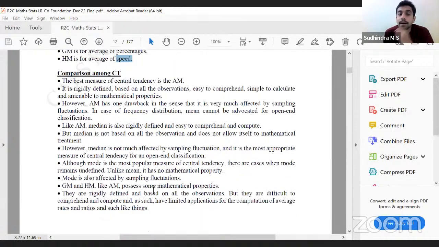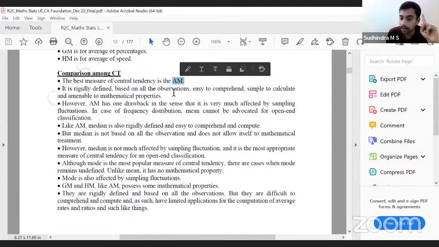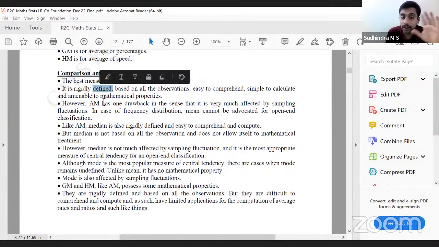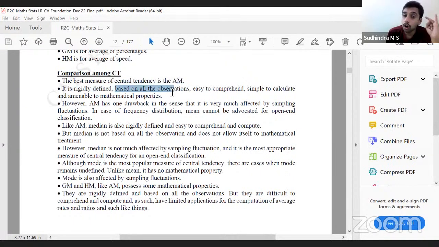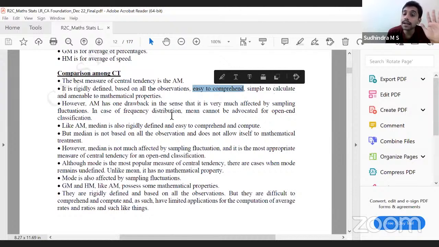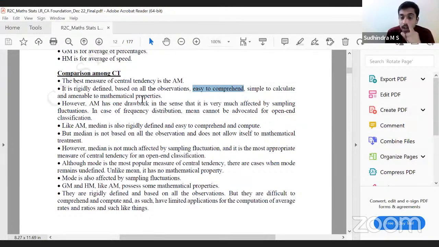Now, what are the comparisons? The best measure of central tendency is the arithmetic mean. Arithmetic mean is rigidly defined, the criteria that we had. It is based on all observations, easy to comprehend, simple to compute, and amenable to mathematical properties. The only drawback is that it gets affected by sampling fluctuation, and